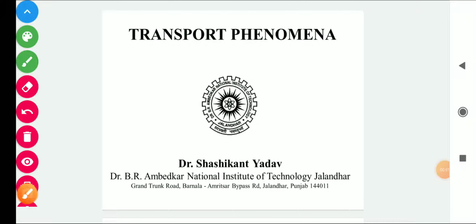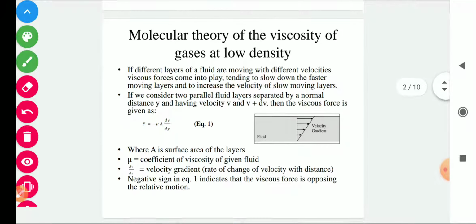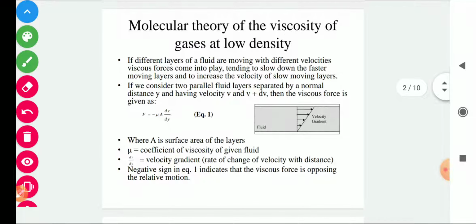Good morning. In today's class, we will determine the viscosity of gases available at low density using the molecular theory of gases. If different layers of a fluid are moving with different velocities, viscous force comes into play, tending to slow down the faster moving layer and to increase the velocity of the slow moving layer. So, if you can see in this diagram,